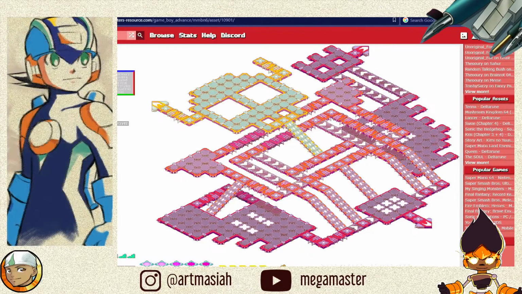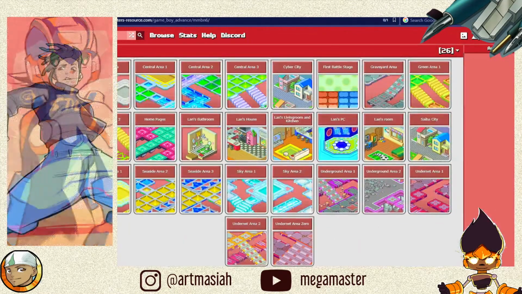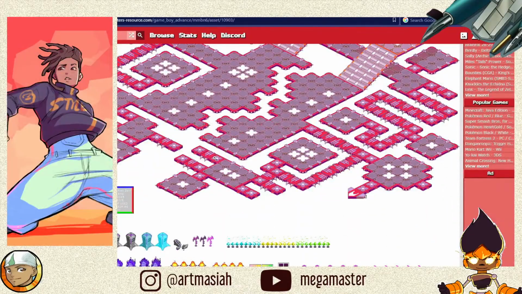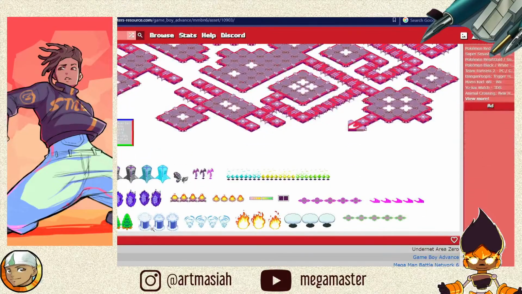Try to make use of these panels, but let's keep on exploring around before I just choose one thing.